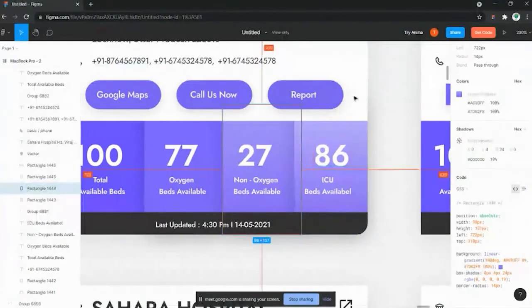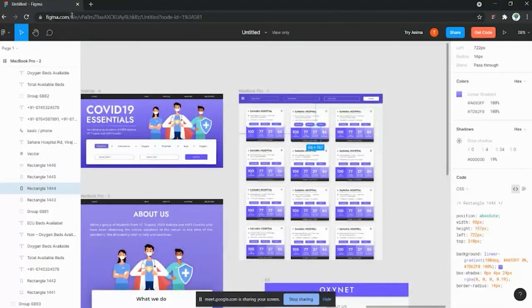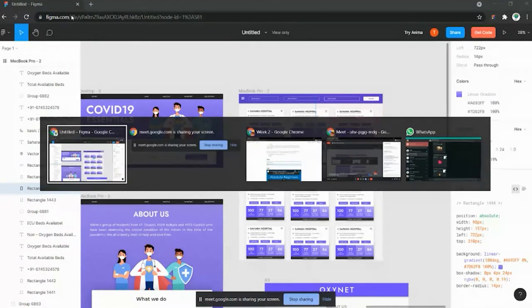So you can try this out. This is called Figma, just go to figma.com. All the things are very much in flow, you will get to know how to use it directly, or otherwise we'll share some YouTube videos also. Also, we have held some sessions, so the recording is also available. We will share that too.